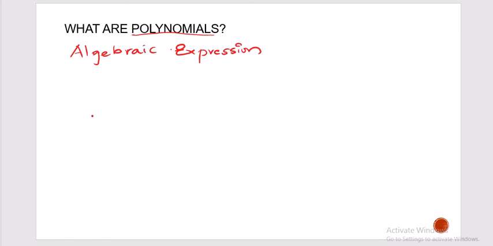So what is meant by algebraic expression? An algebraic expression contains constants as well as variables, right? An algebraic expression is an expression formed by variables as well as constants. You have already learned the variables that we generally use: x, y, z. These are the most commonly used variables, right? Constant means something which has a constant or fixed value. A polynomial is an algebraic expression which has